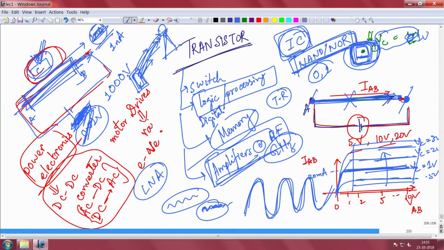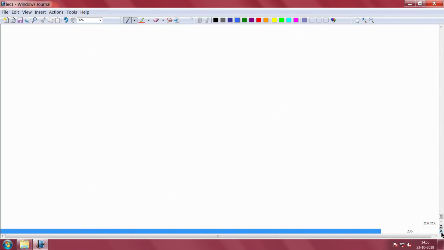Transistors can also be used as sensors, and those sensors can be used for many things: biological sensors, chemical sensors, light sensors. There could be phototransistors, right? It can sense things, it can be a switch, it can be digital logic, memory, a low noise amplifier, a power amplifier. A transistor has so many uses, and different kinds of objectives can be met with different kinds of transistors. So, loosely, you can have two types of transistors.